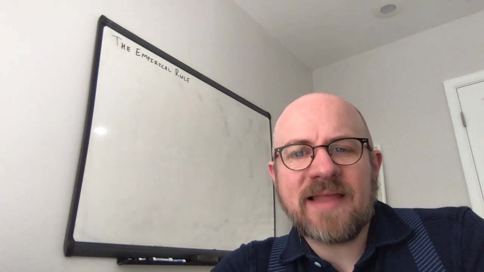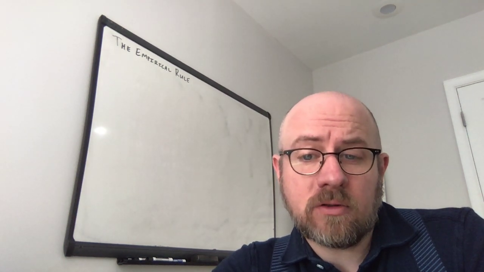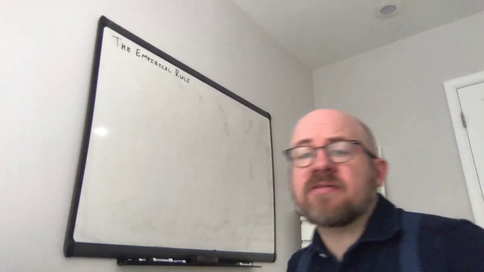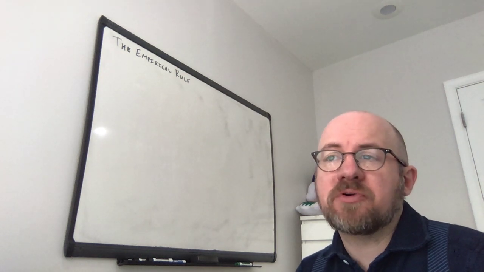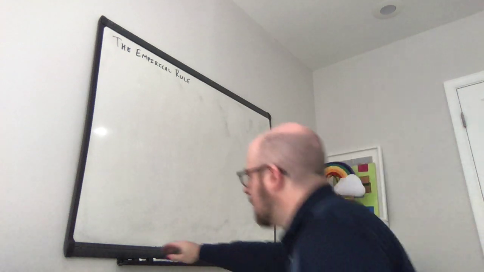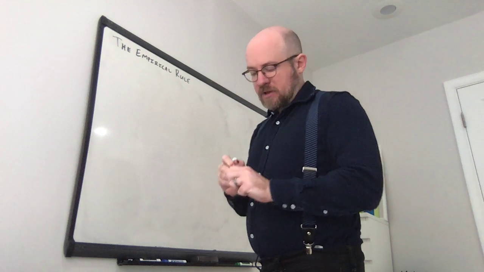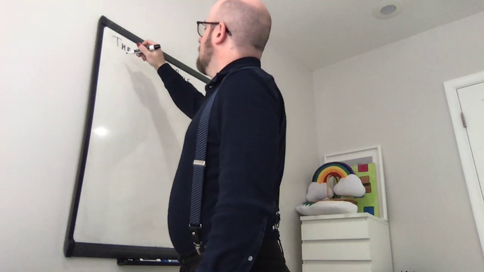Okay, our last topic with the normal distribution is what's called the empirical rule. What the empirical rule does is it gives us a guideline for the percentages of values that fall between certain standard deviations. So if you think about the example we were looking at in the last video,